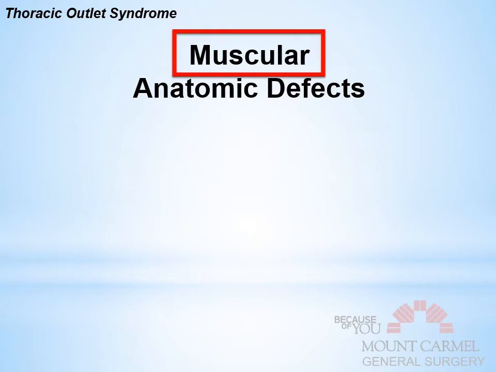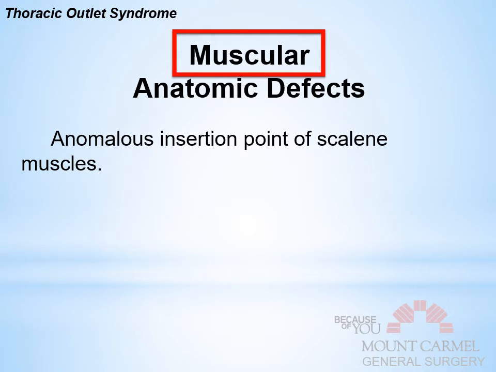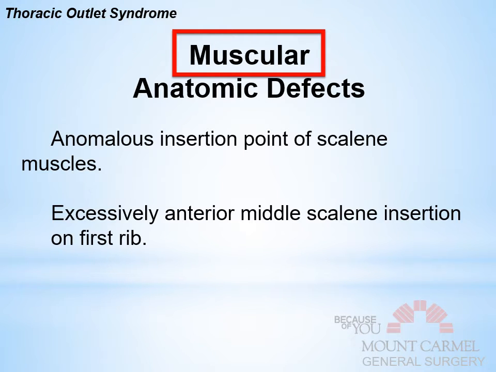Okay, so there's also muscular anatomic defects. We just talked about the bony ones. There's muscular ones. This would be like an anomalous insertion point of the scalene muscle. Now what's interesting is that there's really one site that's cited almost everywhere as the problem child here, and that's this. There's the anterior, so I don't want to get confusing here. The middle scalene muscle is inserted too anteriorly on the first rib, and that creates too acute of an angle